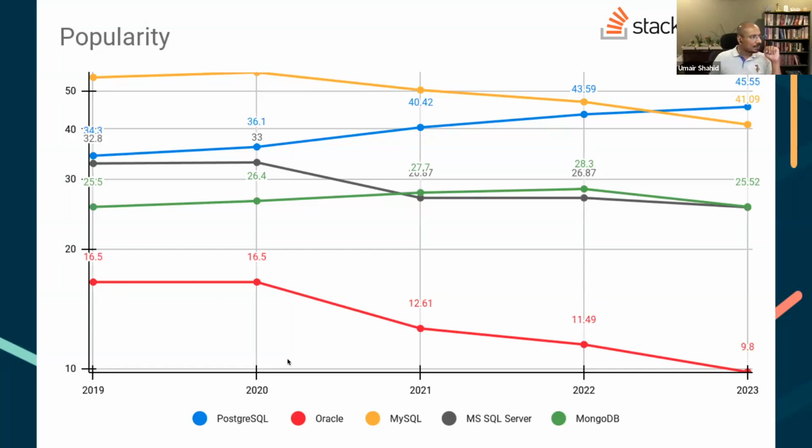And over time, the popularity has actually fallen significantly. And in the latest survey, it's really bad numbers for Oracle. But in the latest survey, what has happened is that Postgres has risen to the top. It has surpassed every other database to become the single most popular database amongst developers. But another interesting